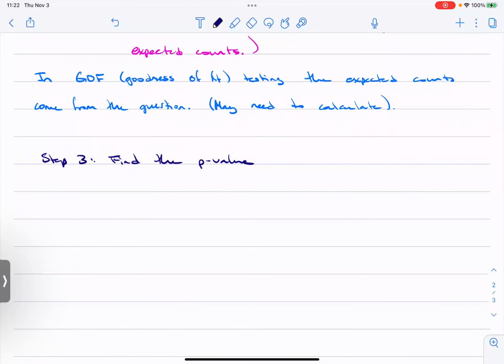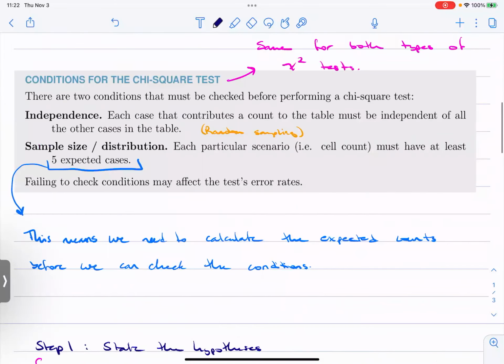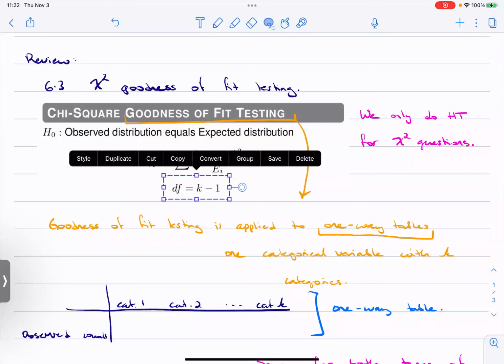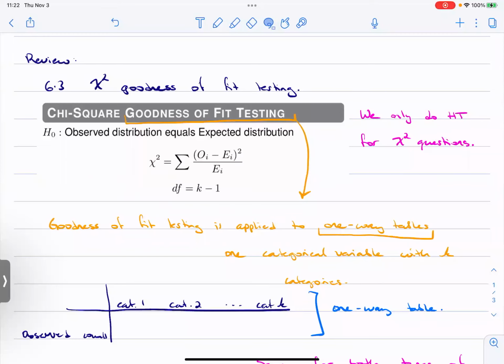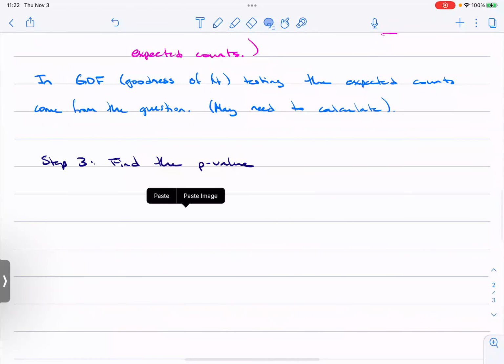All right, so finding the p-value. First, we need the degrees of freedom. And for a goodness of fit test, the degrees of freedom is the number of categories minus 1, which means that we're always going to have pretty low degrees of freedom, right? Even if we have 5 degrees of freedom, that means I have 6 categories. That's a lot of categories to be talking about, right? And so